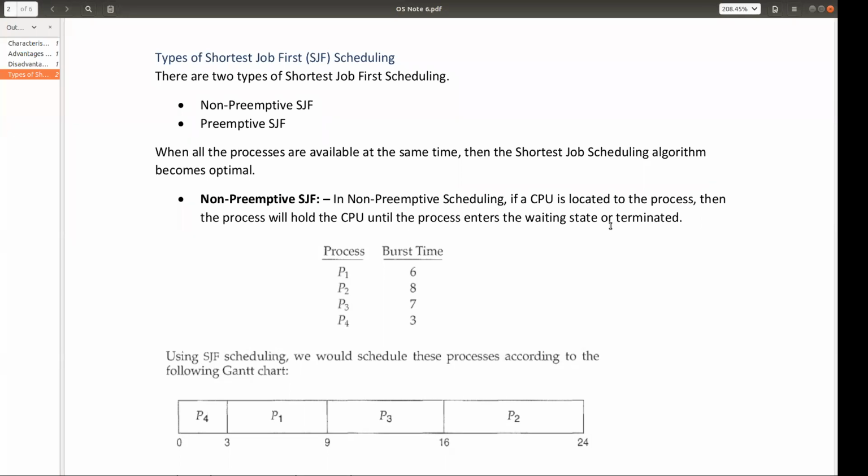So here as per our algorithm we will find what is the shortest job among them। so obviously যার burst time কম সেই জবটা শর্টেস্ট, তো P4 is shortest। so আমি যদি Gantt chart টা ড্র করি, তাহলে Gantt chart এ P4 will be started from 0, তো 0 to 3 will be P4। after P4 next shortest job will be P1, because P1 এর burst time 6, so 3 to 9 P1 will run। next the shortest job will be P3, 9 to 16 P3 will run, because P3's burst time is 7, and then P2 will run because P2's burst time is 8। so this is the Gantt chart implementation of the shortest job first non-preemptive scheduling।